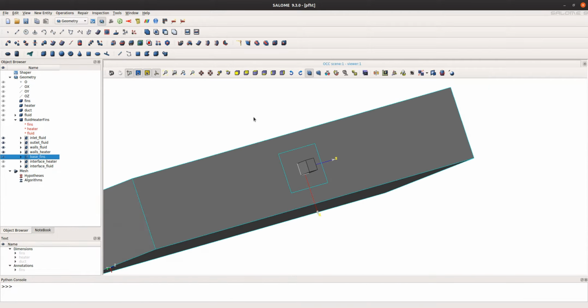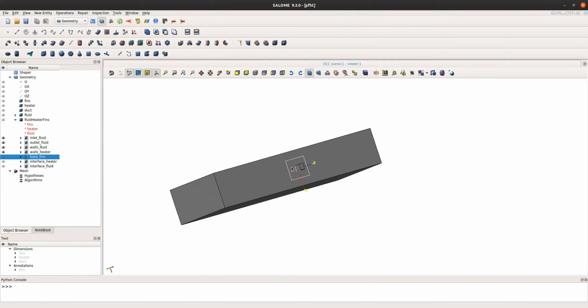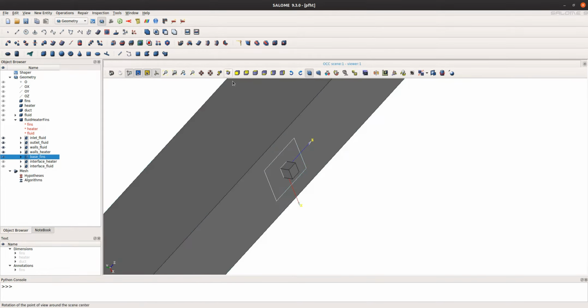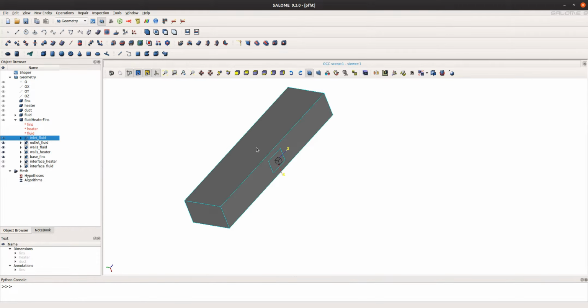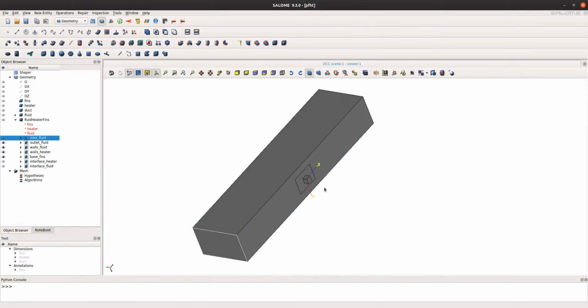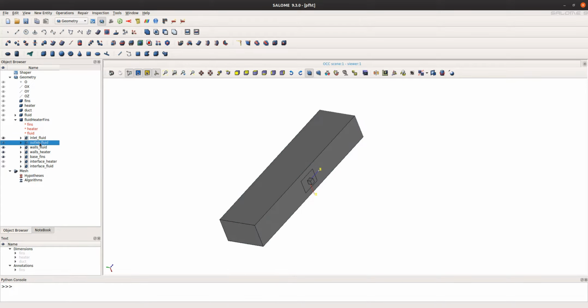We need to export them as surface files or STL. So we can select all of them or we can save them separately. However, in this case, Salome will save each surface separately.